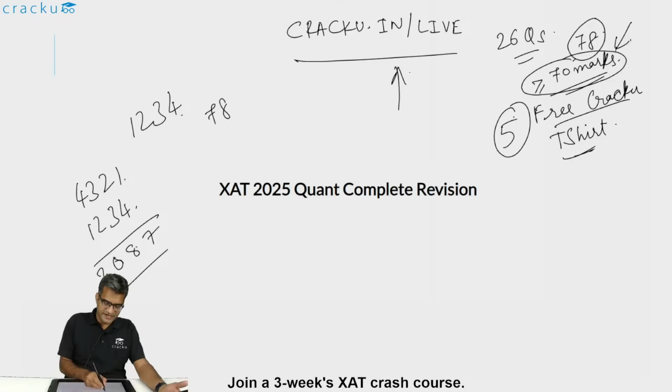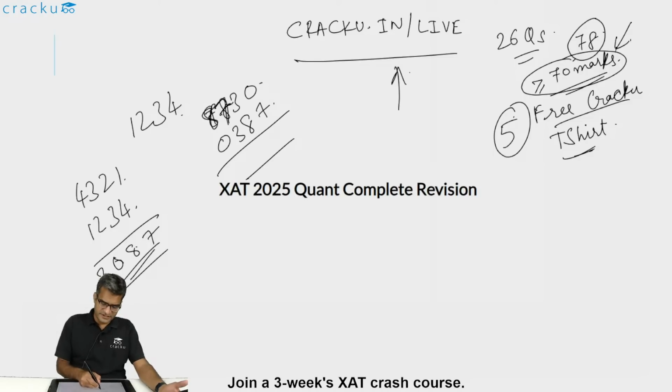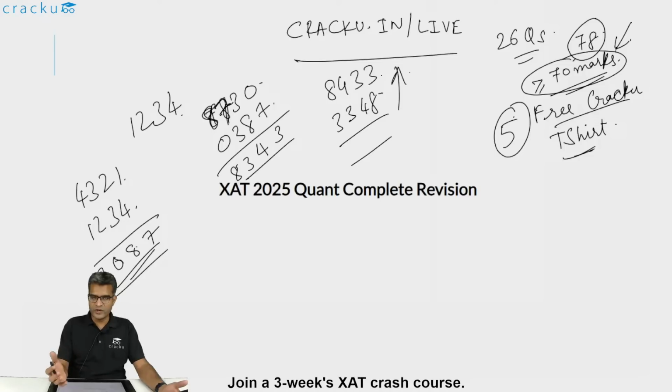In descending order it will be 8730, and in ascending order it will be 0387. Again find the difference between these two, and you get 8343. Again continue doing the same. Arranging 8343 in descending order gives 8433, and in ascending order 3348. Again find the difference, again do descending and ascending, and once you continue to do it, you will finally arrive